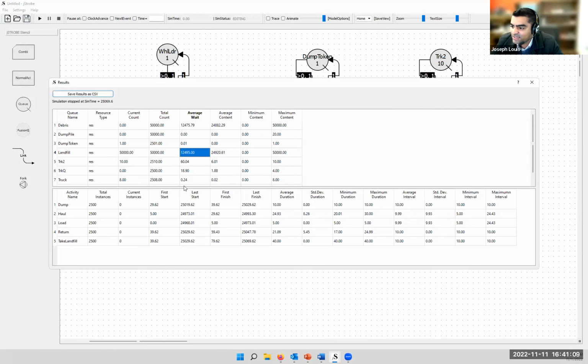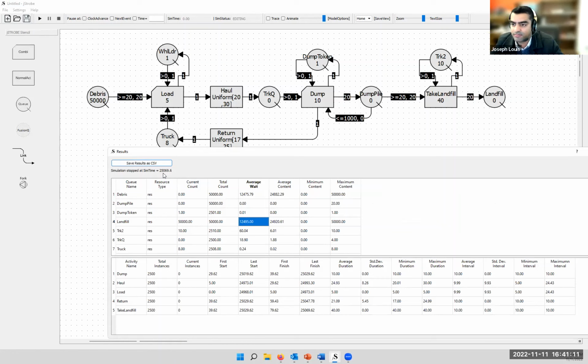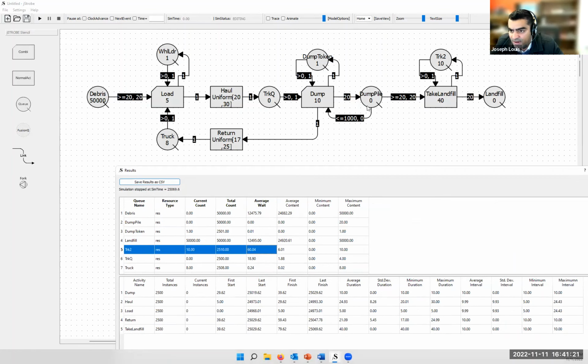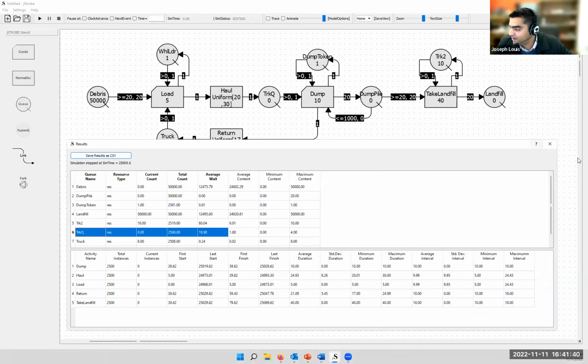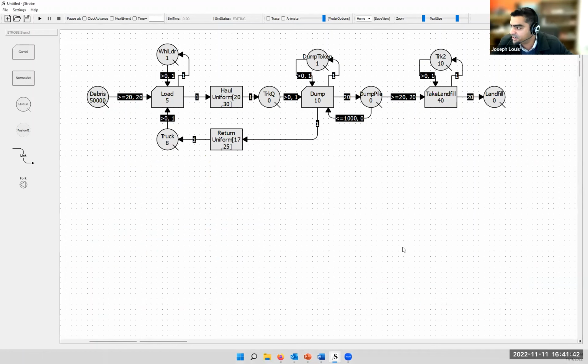So all of a sudden you start to see that we've gone back up to 25,000 minutes for our time, and we start to see some huge average weights. You start to see that truck 2 has a lot of weight because it's waiting for the debris to build up here before it can move. You can start to see that the truck queue, or this queue, has some weights. So you start to see how these bottlenecks, because you added one new element to the operation, start to propagate throughout your operation, right? So because we're already at 140, I'd like to quickly switch back to our presentation and